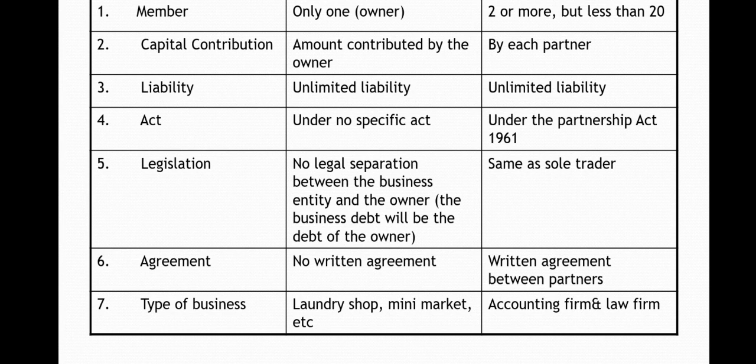Bank can take your house, your car, etc. Same goes to partnership. Let's say you have a partnership, after several years, you have to close down the business, the situation is not good, but the partnership has borrowed money from a bank. Bank can take the business asset and also can take the personal asset of the owners, of the partners. That is what we call as unlimited liability.